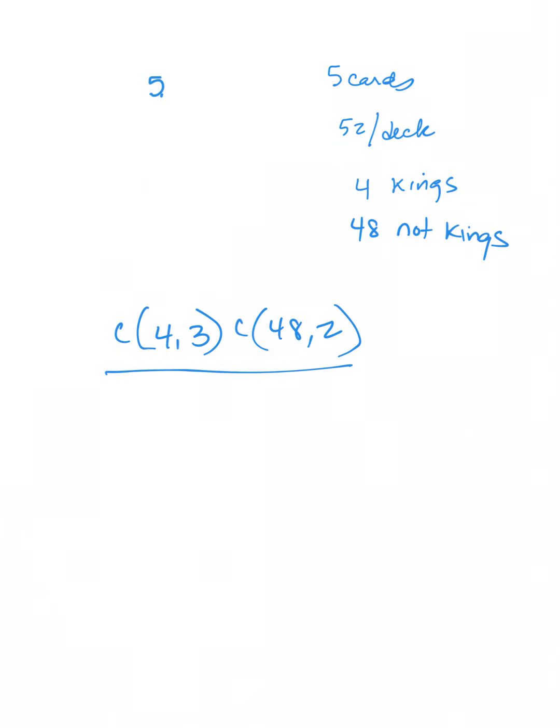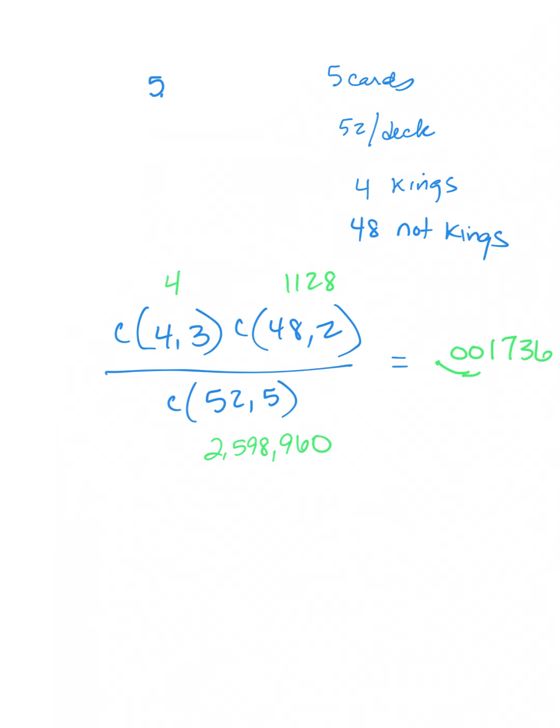And then it's over 52, which is the total number of cards in the deck, comma 5. So go ahead and see if you get that answer. So you get .00, you're moving it over 2 places. So you have less than 1% chance, way less, to get that hand. That's why if you get 3 kings in your hand, you can bid